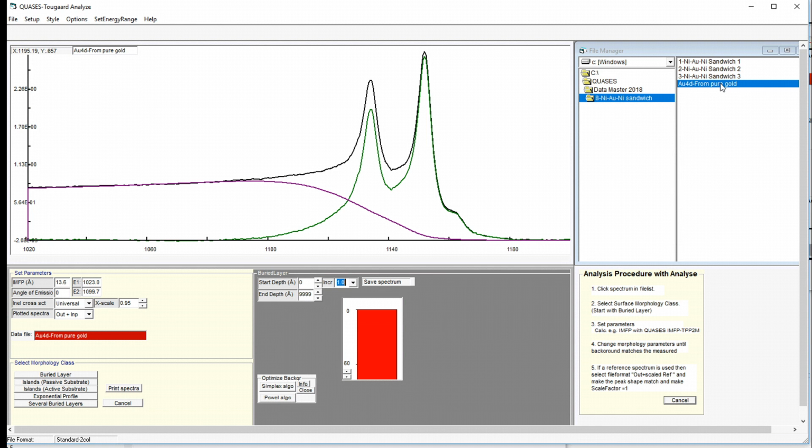You could deposit a lot of material on top of a substrate, and then say if you have at least 100 angstroms, then you know you go from 0 to 100 angstrom. You can simply put in 100 here and do the analysis and find the primary spectrum for that. Because the idea is now that with the Quasis analysis,